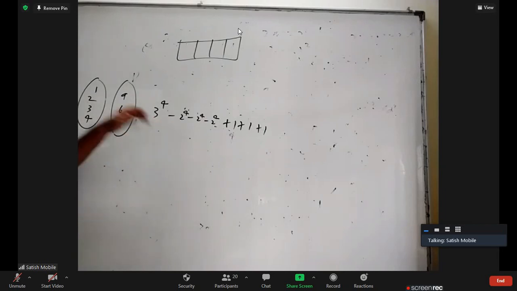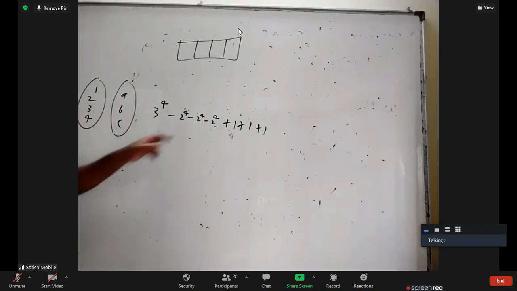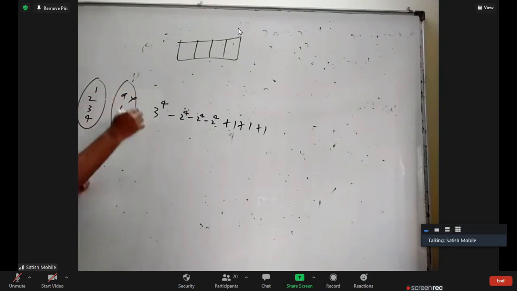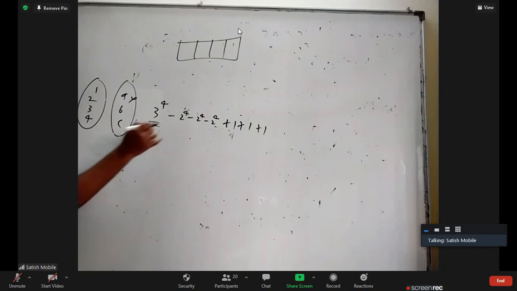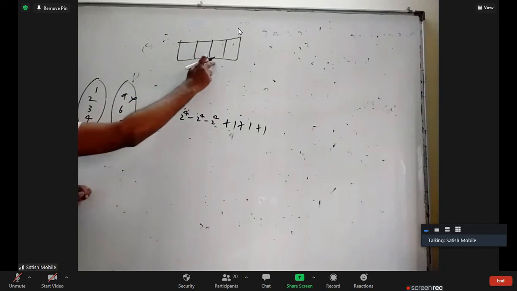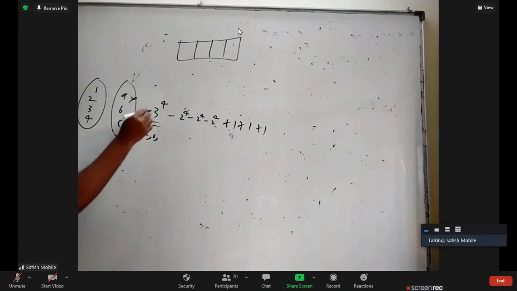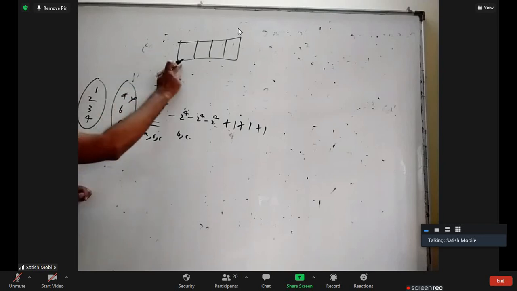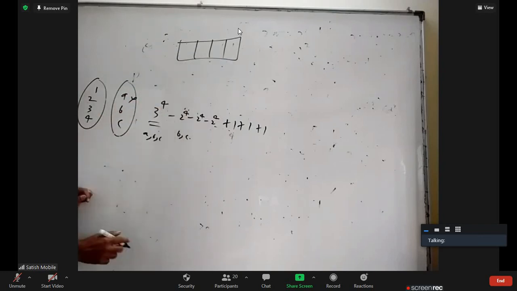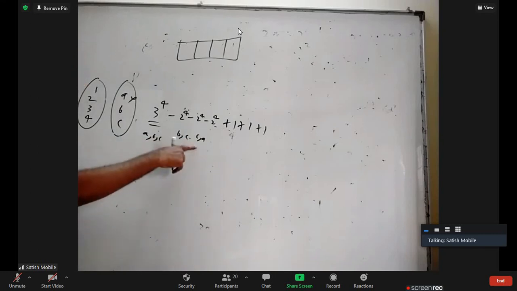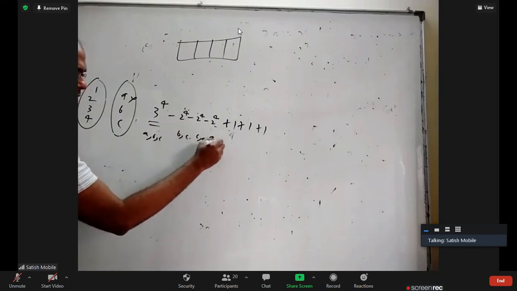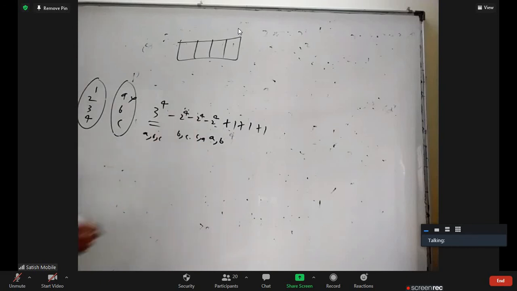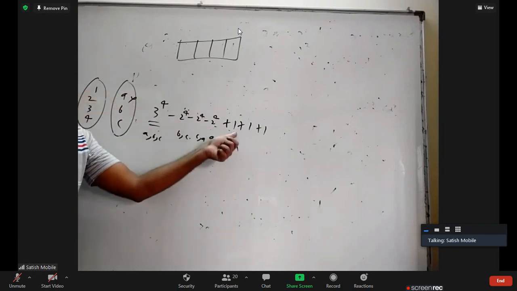What is this 3 power 4? All possible functions from here to here. How many 4-letter words are there using A, B, C? 3 power 4, for filling: 3 ways, 3 ways, 3 ways, 3 ways. Using only B and C, A is not used at all, how many words will there be? This can be B or C, 2 ways each, 2 power 4. Using only C and A, leaving B, there will be 2 power 4. Using only A and B, 2 power 4. But using only C, leaving A also, leaving B also, all are C. That is there in all three; we removed it thrice, so we have to add it back.